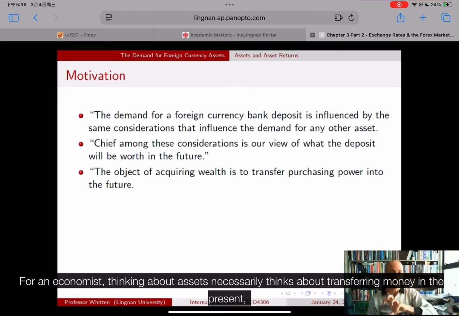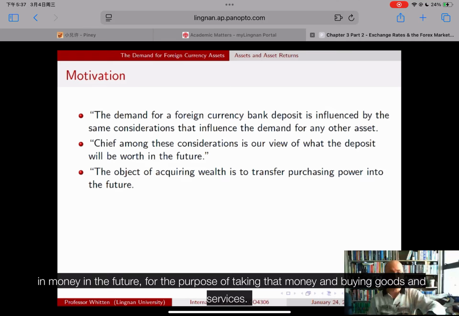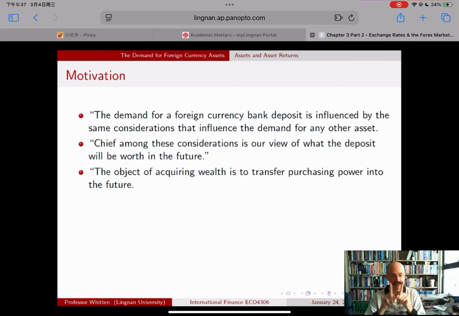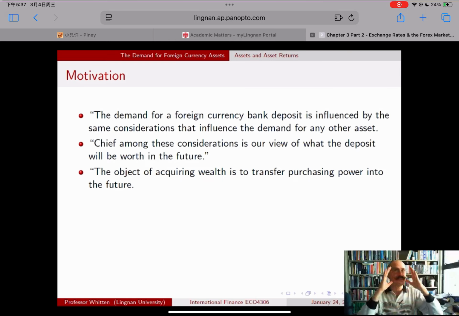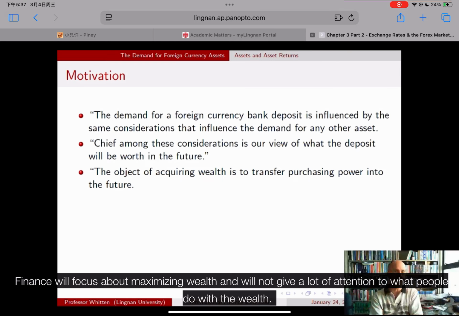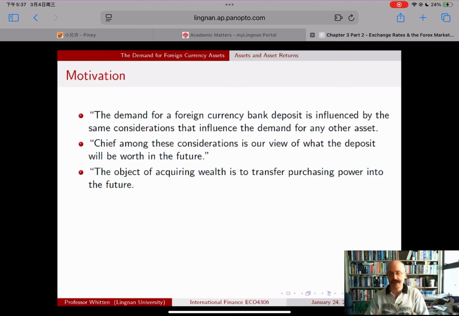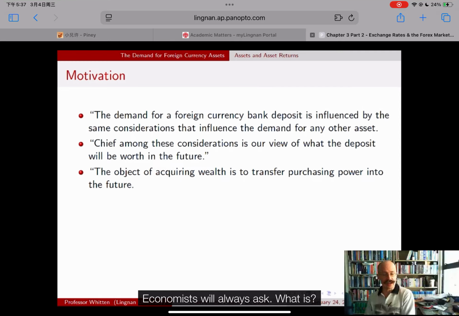For an economist, thinking about assets necessarily thinks about transferring money in the present into money in the future for the purpose of taking that money and buying goods and services. This is what will distinguish economics from finance. Finance will focus on maximizing wealth and will not give a lot of attention to what people do with the wealth. Economists will always ask,